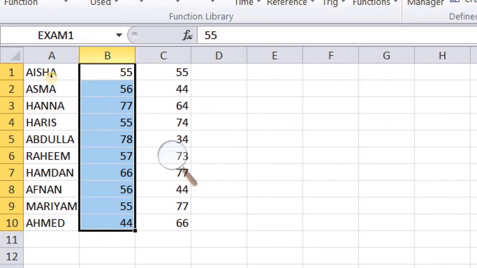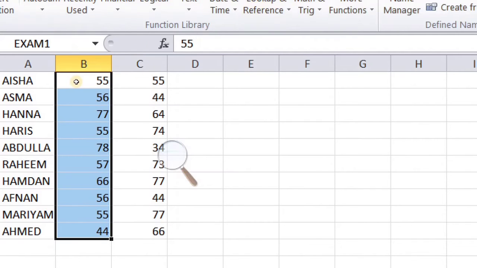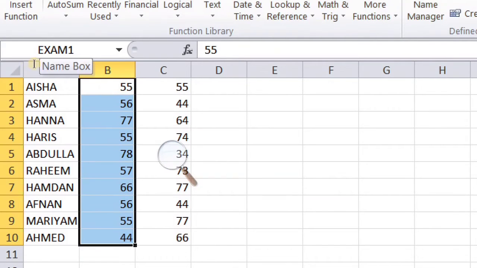The name cannot be the same as a formula used. Whatever formula we use here must not coincide with the name, so names and formulas must all be different. Don't write any formulas as names. And no spaces are allowed. Exam space 1 is not allowed. We should write the name in one stretch.